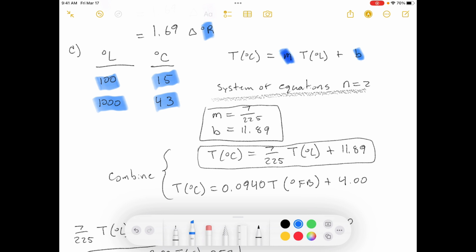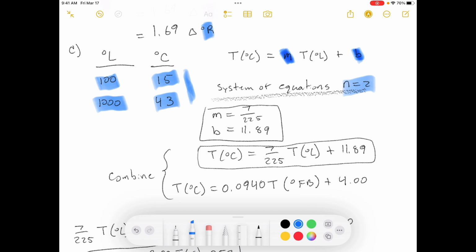We've got a slope and we've got an intercept. Okay, they just gave us 2 data points. So now we just draw a line from the one data point to the other data point. So yeah, it's basically a system of equations, 2 unknowns. Okay, so we can easily solve that using substitution, whatever method you want.